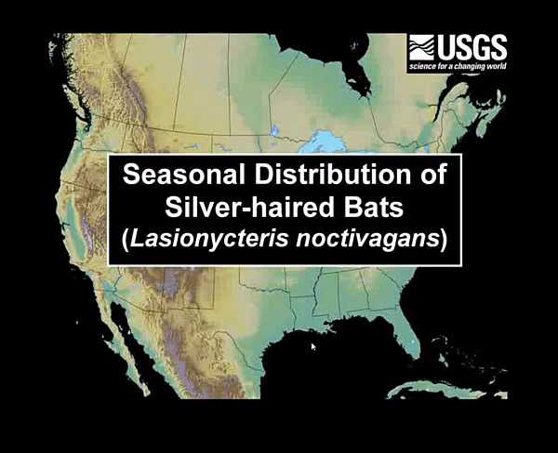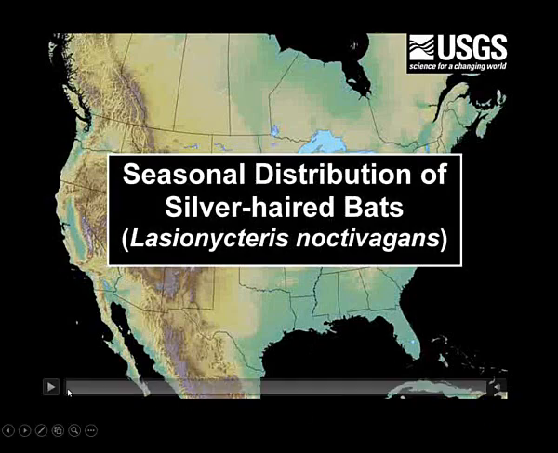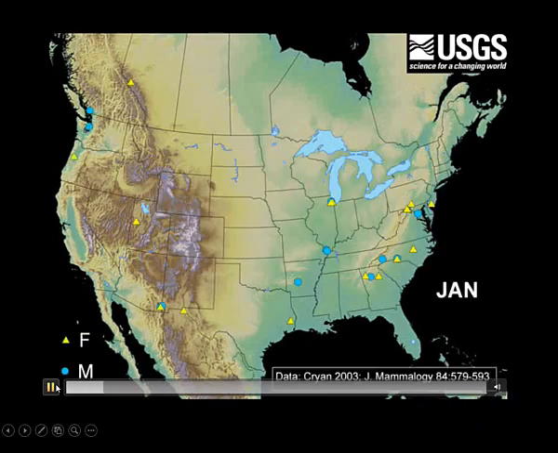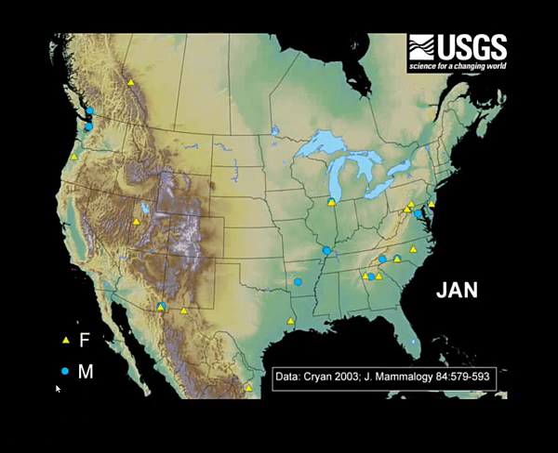So I said that we have some migrating species of bats, but how do we even know that bats migrate at all? So over the past century or so, naturalists have observed bats here and there and basically inferred that they must be migrating. But it wasn't really until 2003 that the records were all compiled in one place, so we could start to make sense of some of the patterns that we saw from museum records. So this is a little animation from a paper by my colleague Paul Cryan that shows the distribution of museum records of bats over the course of the year. So you can look wherever you want.